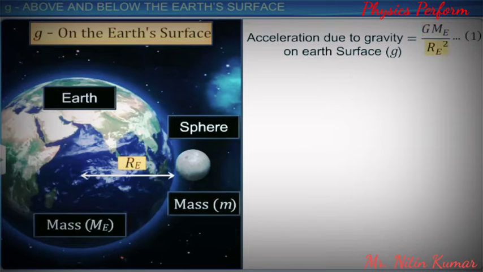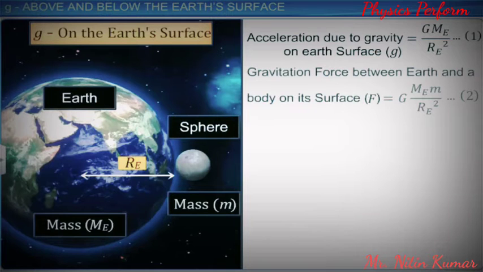This is basically derived from the gravitational force between the Earth and a body on its surface, which is indicated by equation 2. F equals G Me into m divided by Re square,